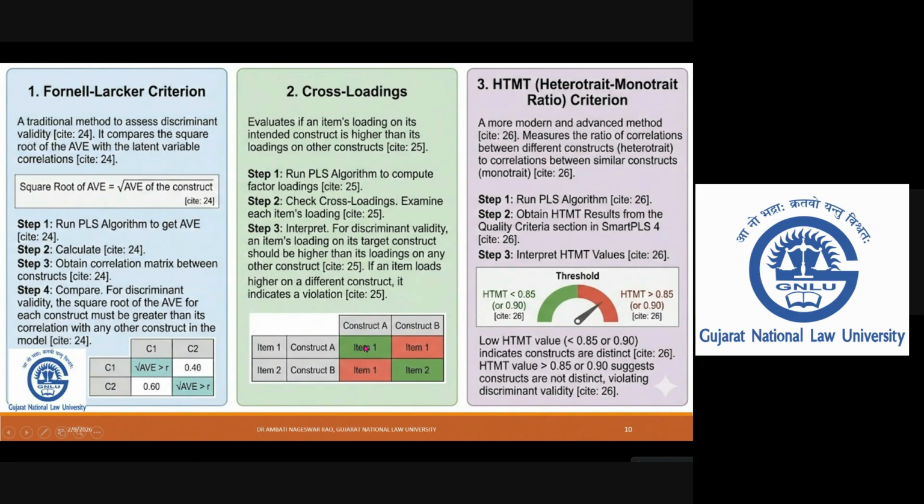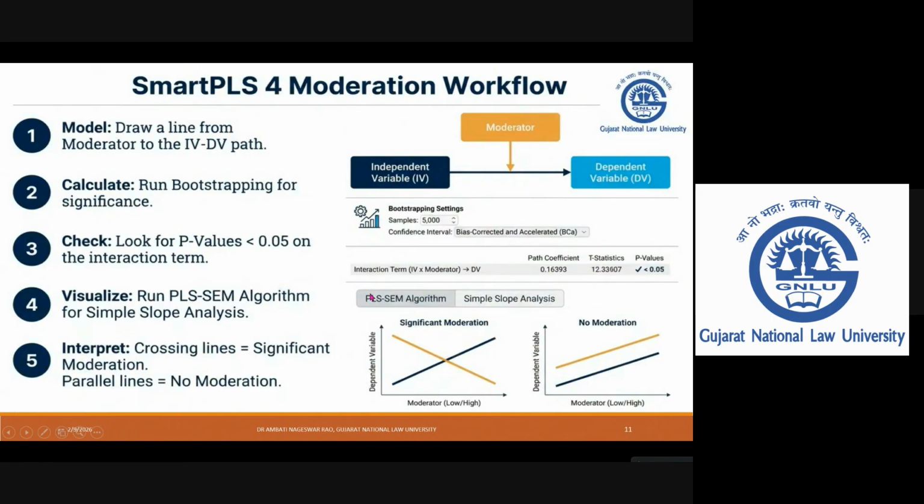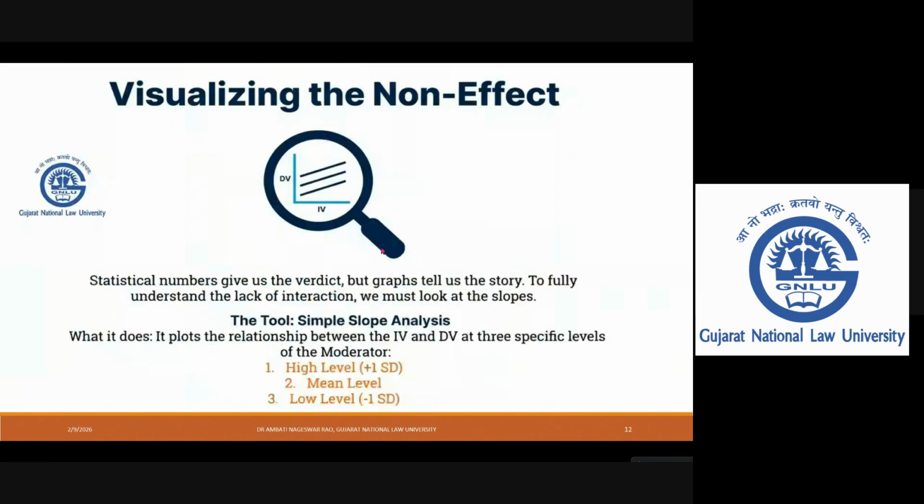So within the construct, there should be higher loadings as compared with the other constructs, so that you can say there is no overlap between constructs. The constructs that we have are independent. They are not overlapping in terms of measuring. So first we'll complete the measurement model, and I think the structural model slide is missing here.